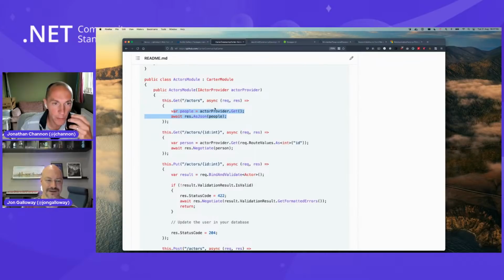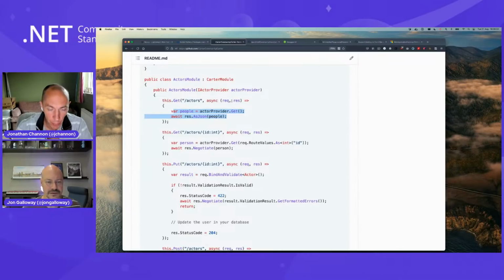So in minimal hosting, you only take the dependency you want for that delegate. And so actually I think that's probably quite a good thing, personally. I've spent the last year in F# using Giraffe and things like that, and using that functional approach of only taking what you want is, I think, a good thing.